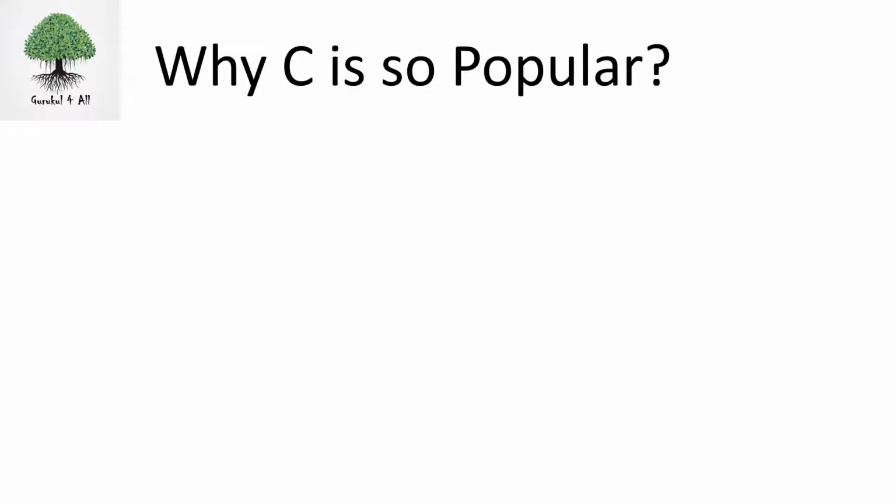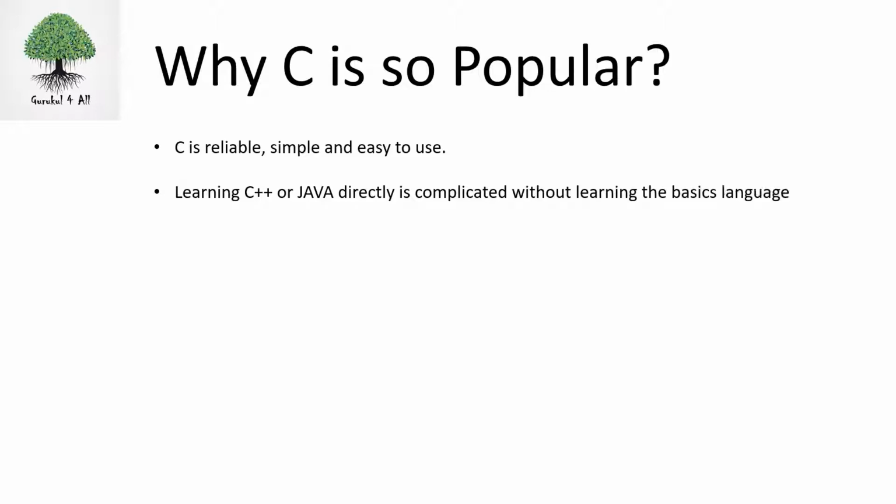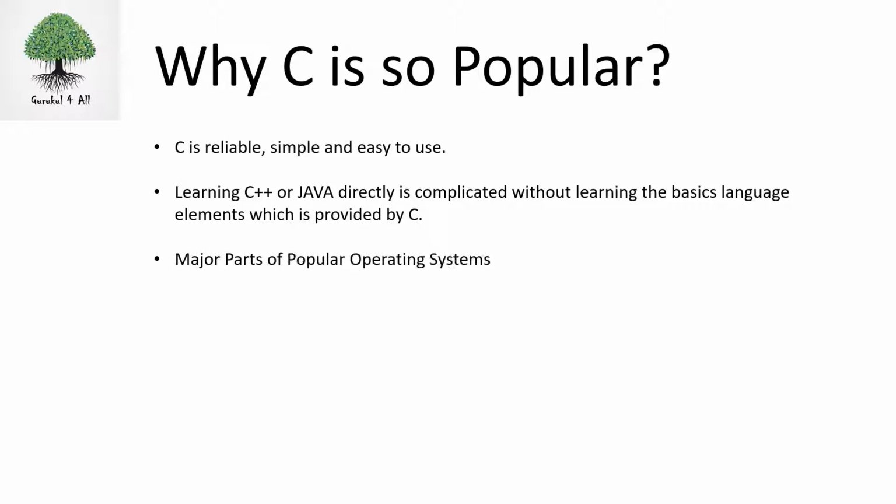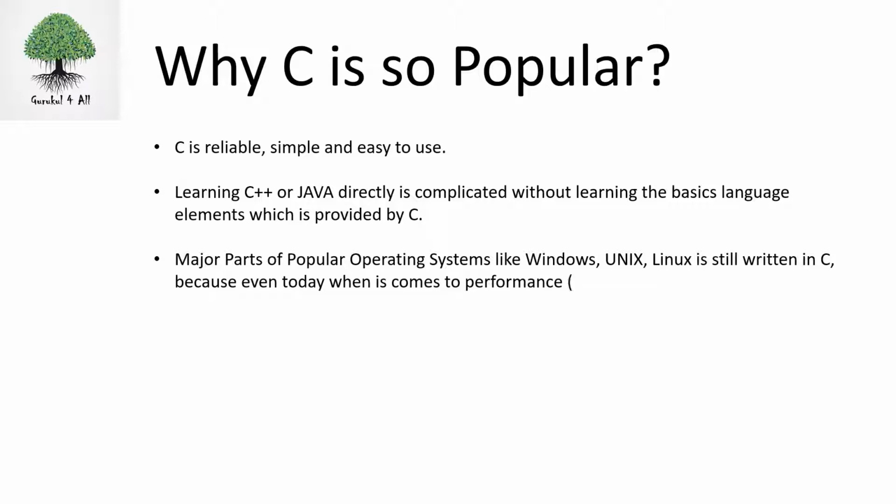Now, why is C so popular? C is reliable, simple, and easy to use. Learning C++ or Java is directly complicated without learning the basic language elements which is provided by C. Major parts of popular operating systems like Windows, Unix, Linux is still written in C because even today when it comes to performance, means speed of execution,